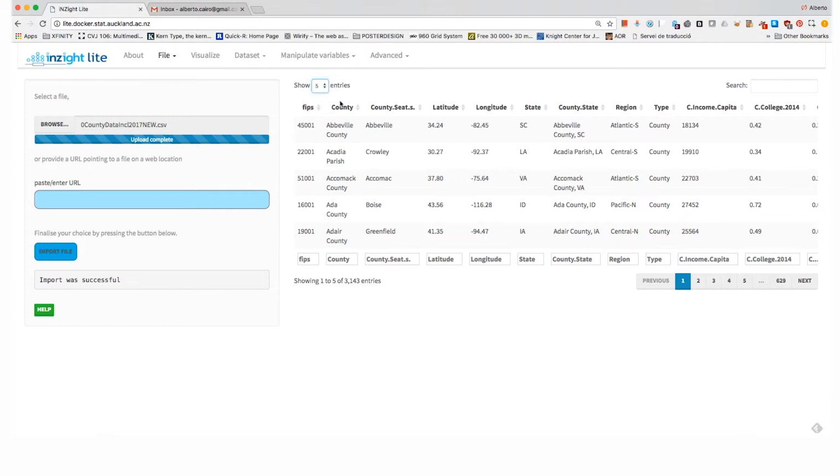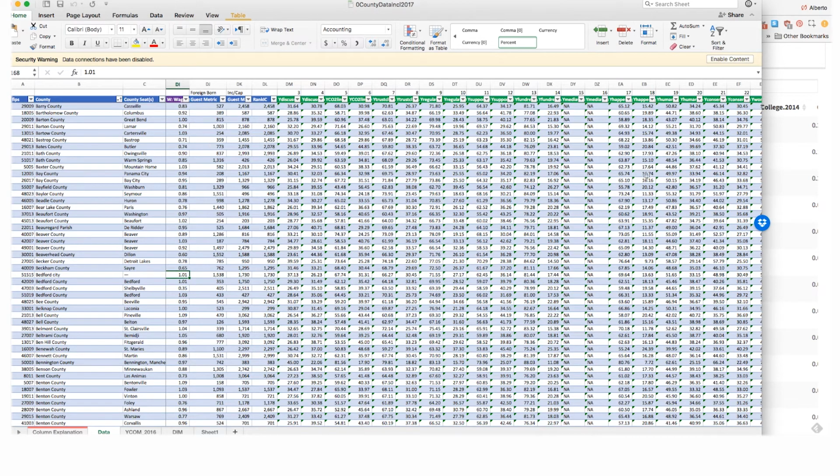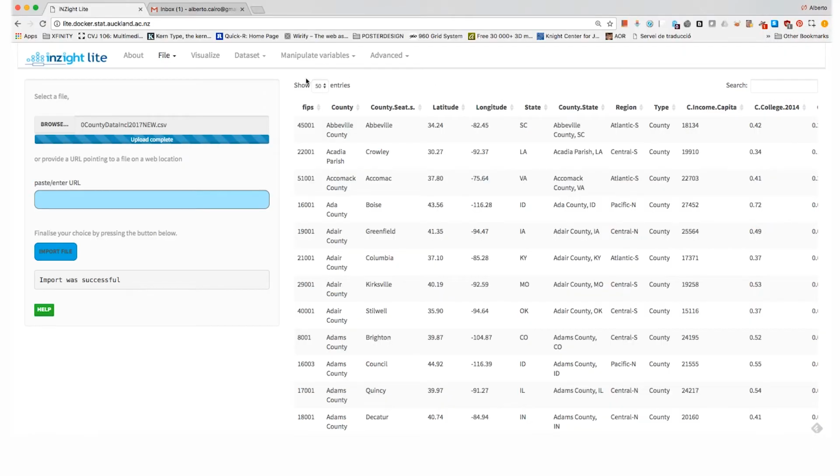But if you want to see more, you can go here and see 30 entries or 50 entries, and then the other entries. The entries means the parts of the data set. Then you can navigate through more if you click on all those buttons down there. But this is not a very efficient way of seeing the data. If you want to see the data set, it's always more helpful to go to Excel and just take a look at it on Excel. That's much more practical, right?